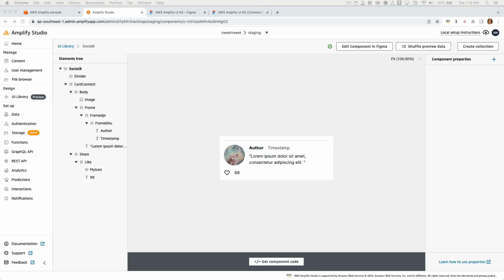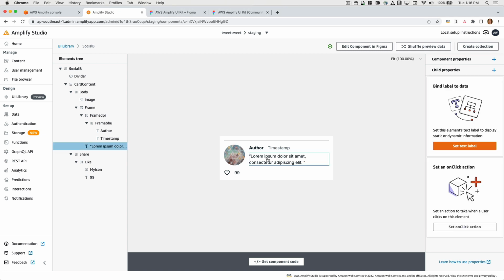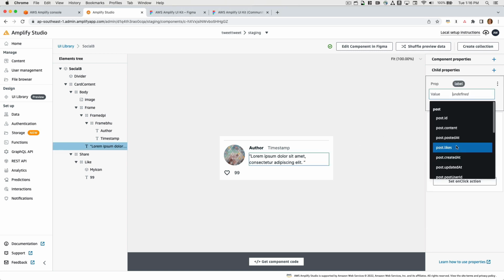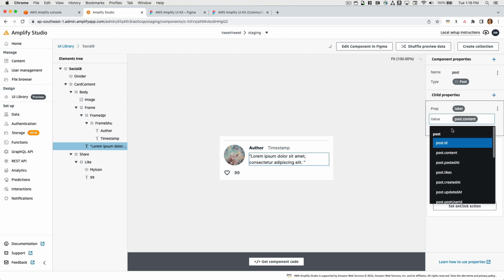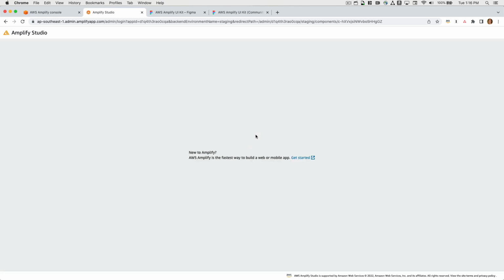So now we're going to tie some data to this component. And I'm going to go ahead to the lorem ipsum text here. I'm going to set text label. I'll do post.content. I'm actually just going to refresh it so that